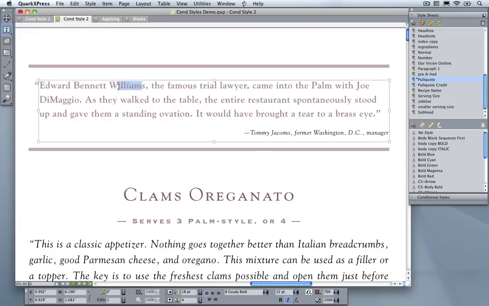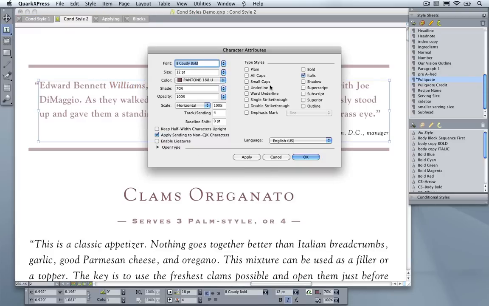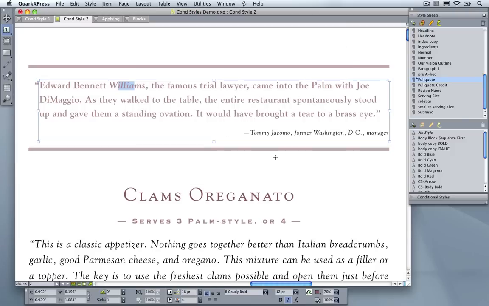And when it says type styles, it means everything under the styles section of character attributes. So not just italic, but bold, superscript, subscript, outline, underline, all the stuff that you have to apply independently of style sheets. So again, I think if you use style sheets a lot, you know what I'm talking about, and you're probably